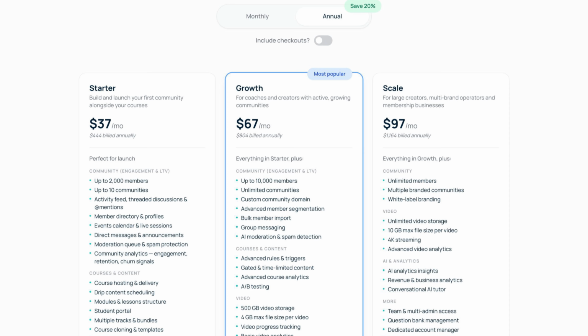So with Thrive Academy, this is going to be changing. You don't have the lifetime deal, but they do have a 3-tiered pricing plan that's pretty much structured like any of the other LMSs, where the higher the price point, the more bells and whistles and features that you get added, right?